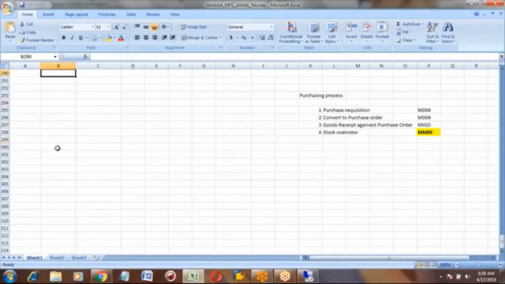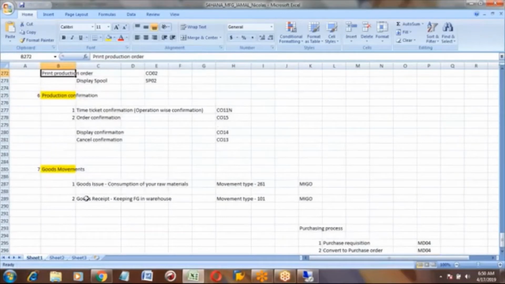Now, I will tell you one small topic here, goods movements. This goods issue and goods receipt we did separately using the MIGO transaction code, correct? Now, we have an option to do these two, goods issue and goods receipt, automatically during production confirmation.